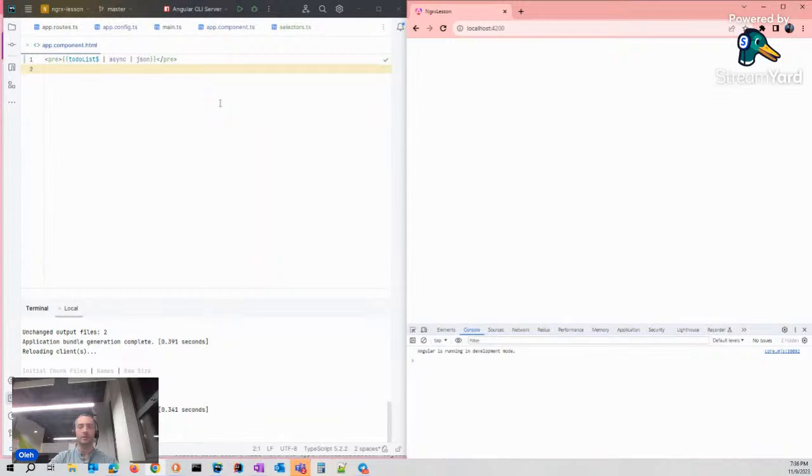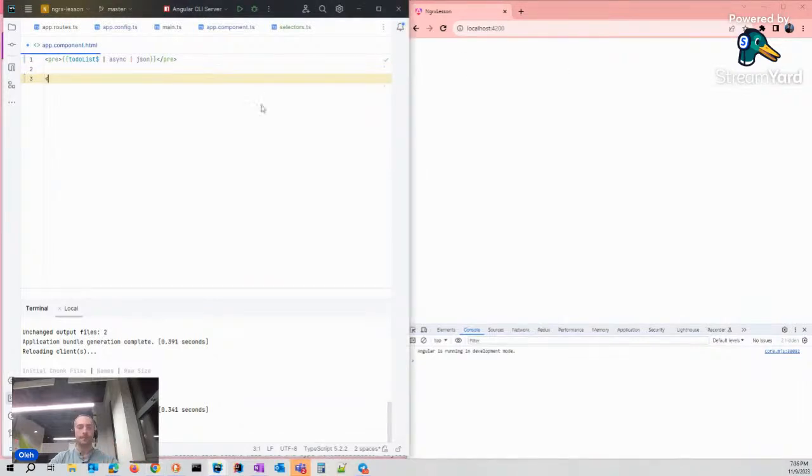We have to create some trigger to add a new item into this list. Let's add some button. Add new task. New task. I want to use form fields, or let's use input.